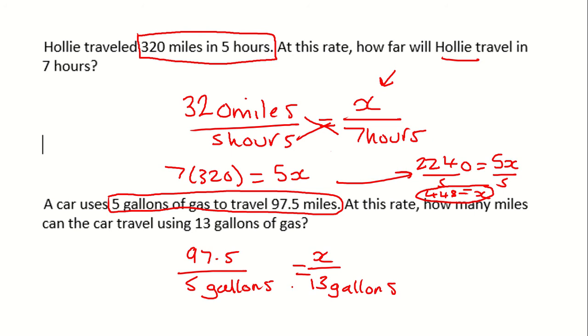So make sure the units or the denominators are the same, so I'm talking about the same thing, gasoline. In the previous question it was the hours. Then I can use cross product. So it's 13 multiplied by 97.5, which is the same as 5 times x. So 5x equals, I'm going to write at the top, 13 times 97.5, which is